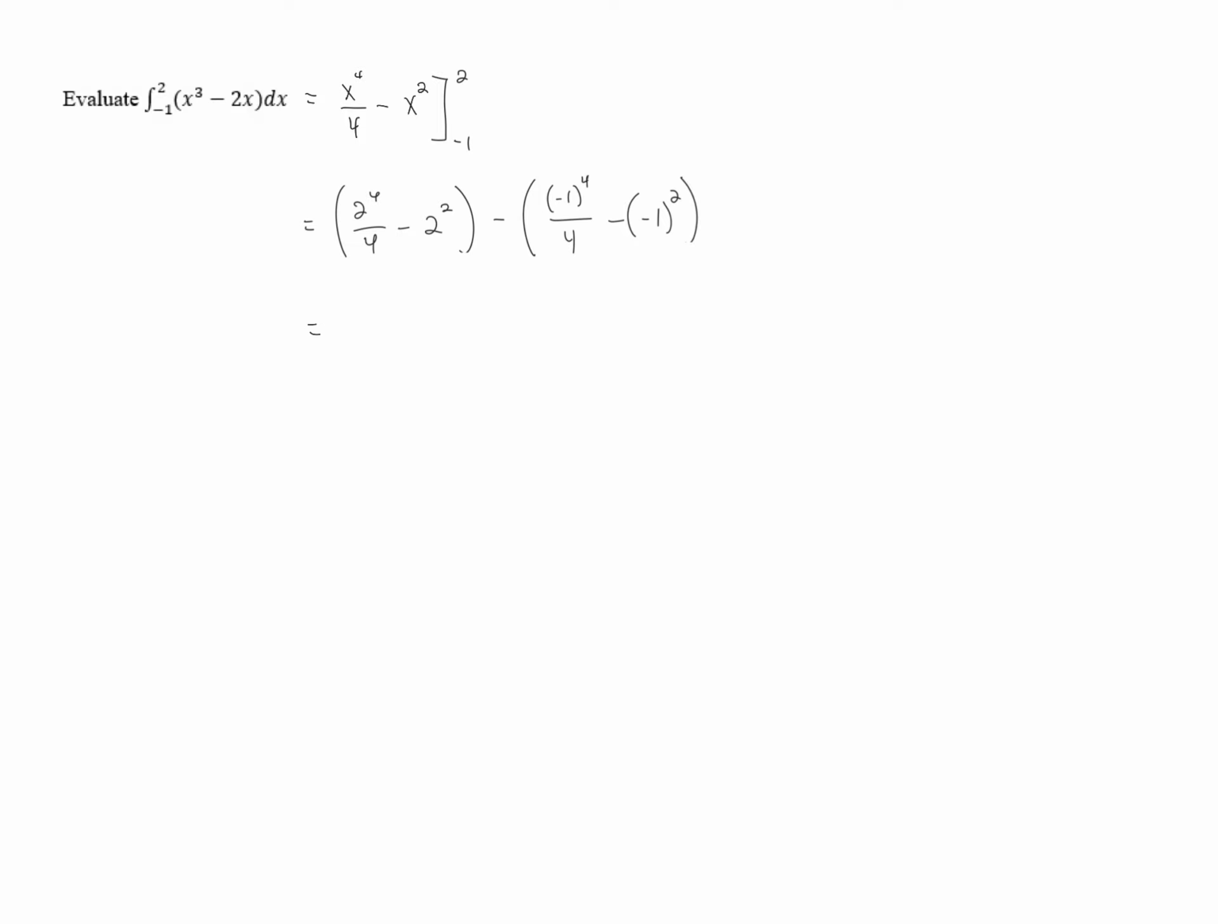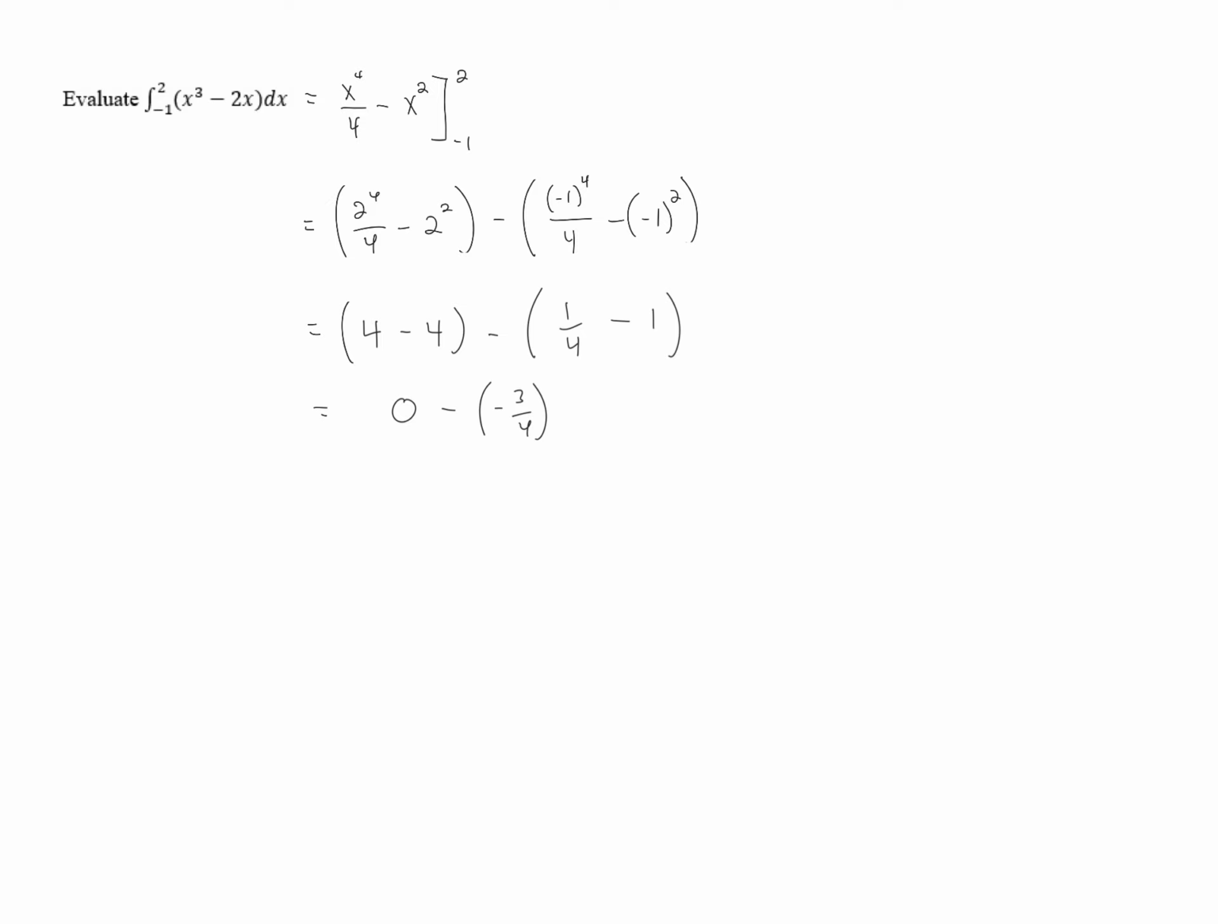All right, if we look at the first one, 2 to the 4th is 16. 16 divided by 4 is 4. So we've got 4 minus another 4, since 2 squared is 4. And then in the second one, -1 to the 4th is +1. So this is going to be 1/4 minus. And -1 squared is +1, but we still have that subtraction there. So it's going to be 1/4 minus 1. Now 4 minus 4 is 0. And 1/4 minus 1 is